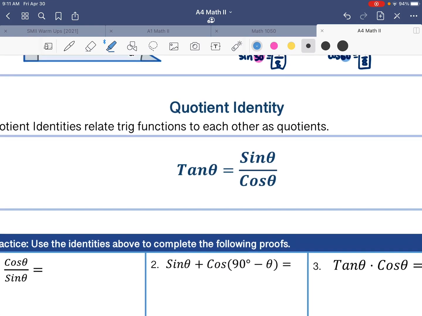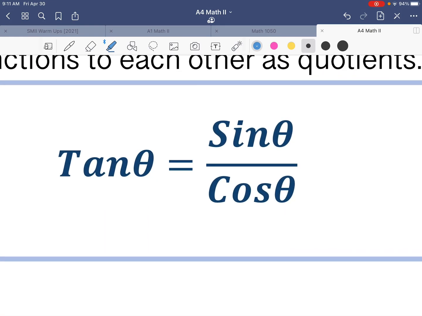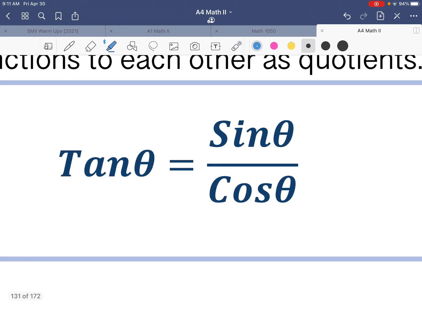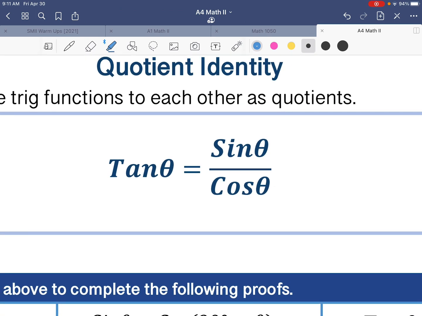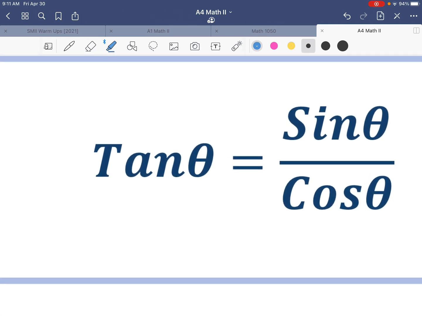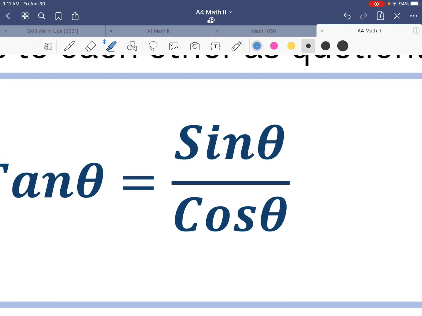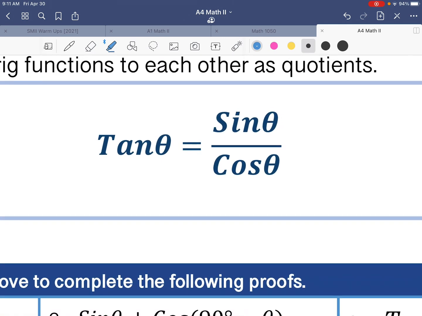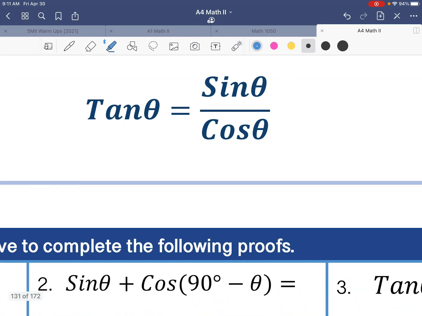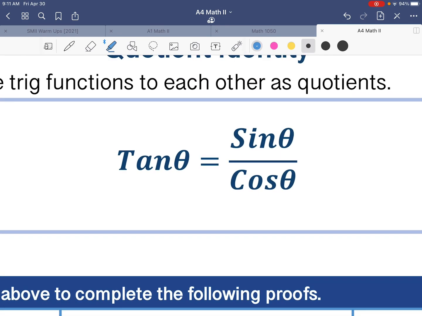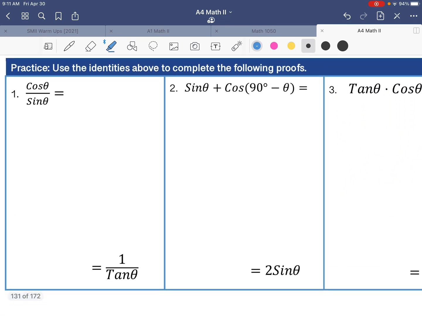The quotient identity is really related to what we just did with tangent and the unit circle. Tangent is a ratio of sine over cosine. So tangent of some angle is equal to sine of that angle over cosine of that angle. That's just always true. Sine over cosine is tangent. And so we are going to use this, mainly this identity, to transform some of these